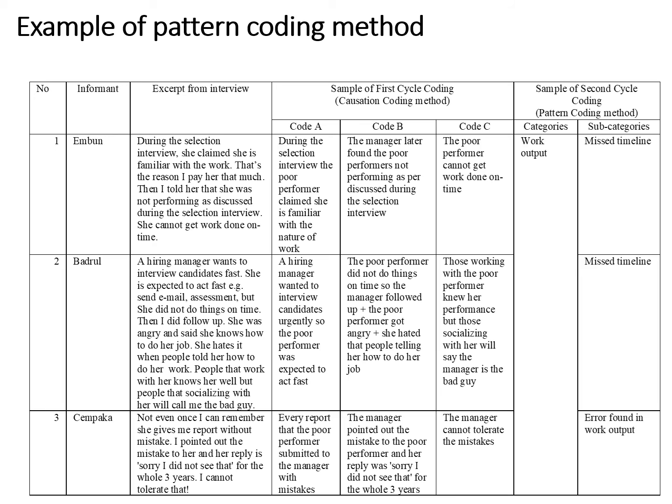Let's consider an example of pattern coding. From here, you can see some codes from the first cycle of coding. In the example that I'm using, I use the causation coding method, and then we have code A, code B, code C. In this example, I have 3 respondents. So we put them in a